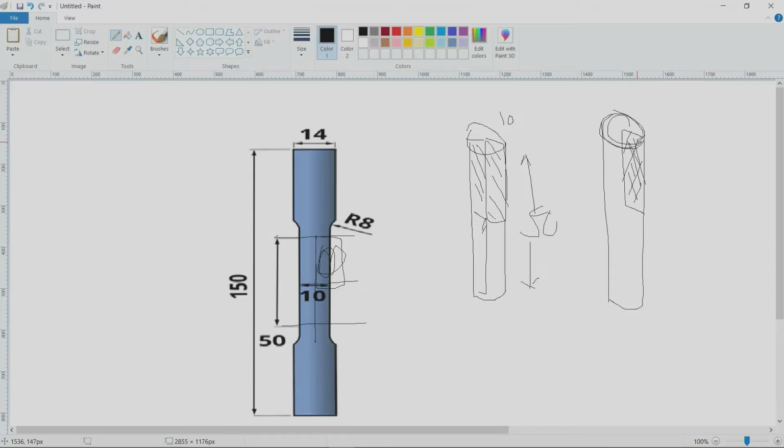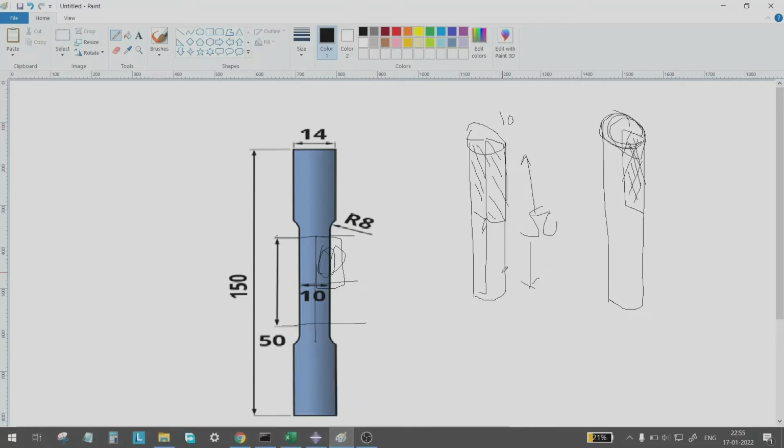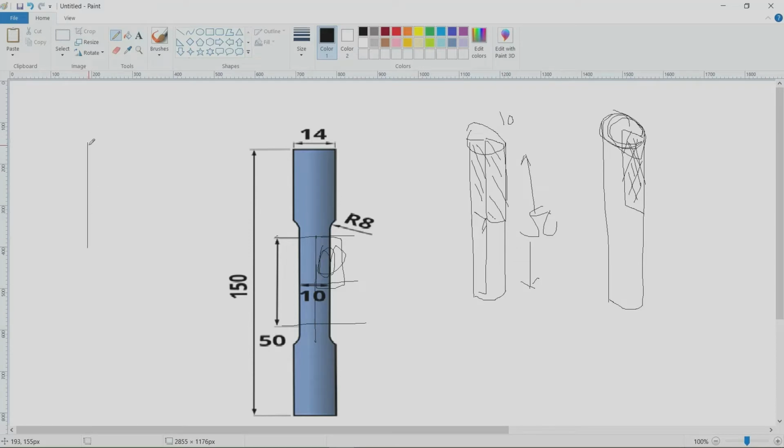The simulation will automatically calculate this whole section. So what are the dimensions we are going to model? This is your symmetry, and this will be your 5, and here will be your 25.